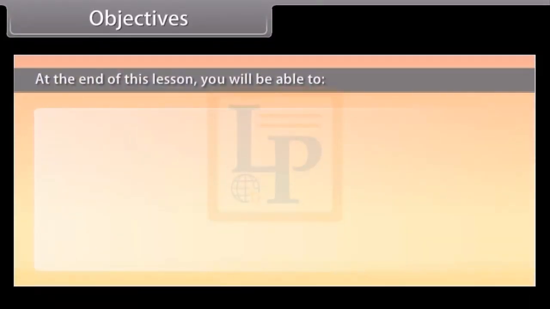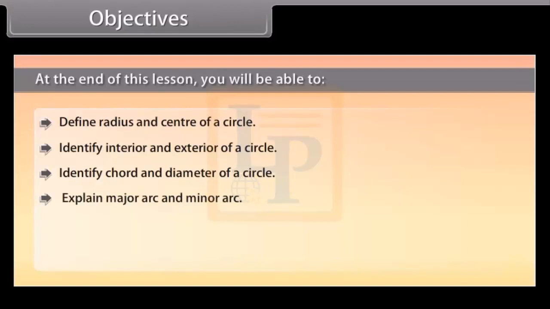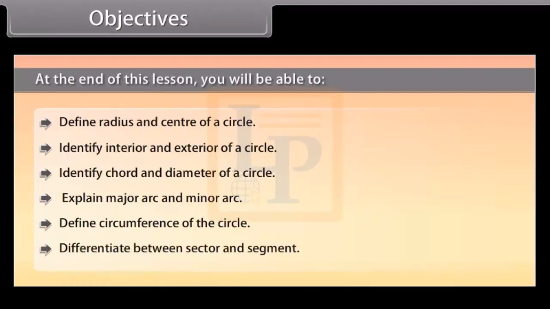Objectives. At the end of this lesson, you will be able to define radius and center of a circle, identify interior and exterior of a circle, identify chord and diameter of a circle, explain major arc and minor arc, define circumference of the circle, differentiate between sector and segment,